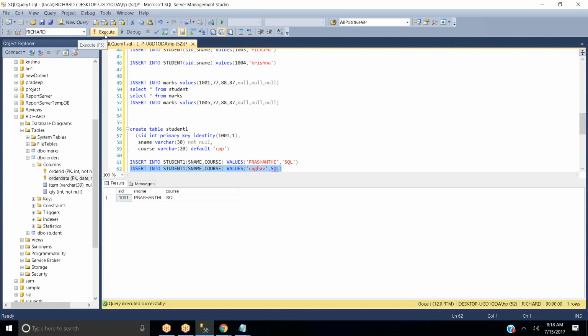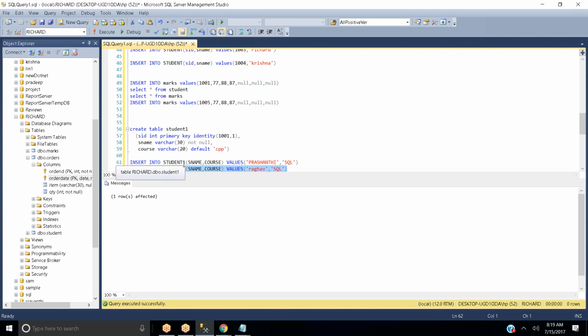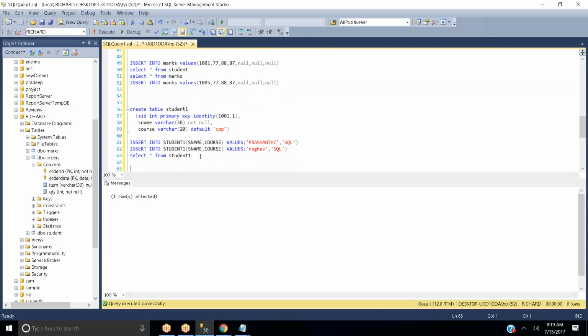Specify the quotation, right? The first quotation. Okay. Now it got inserted. Now the student ID, with which value did it get inserted? 1002. Correct.